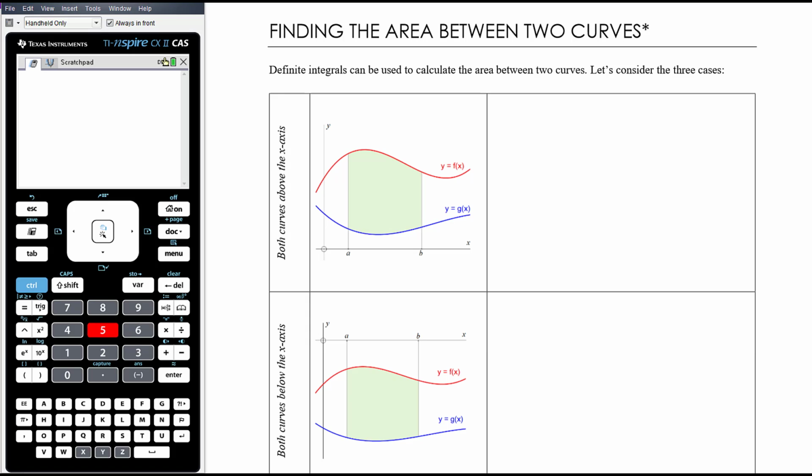Okay, so in this video we want to look at finding the area between two curves. Now technically this isn't part of the Unit 1 and 2 syllabus, we don't cover it in Year 11, but I think it follows really naturally from finding the area under a curve. I also think it gives you an alternative method for finding area under a curve, or an alternative way of